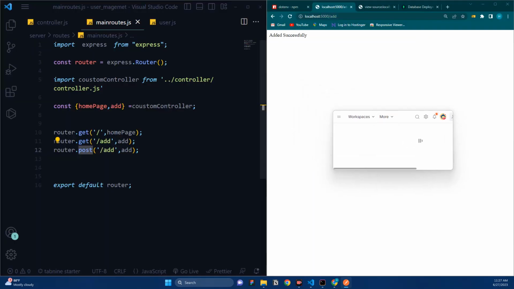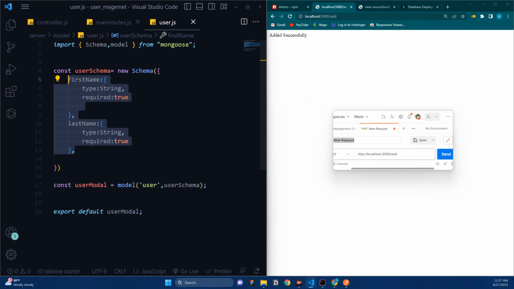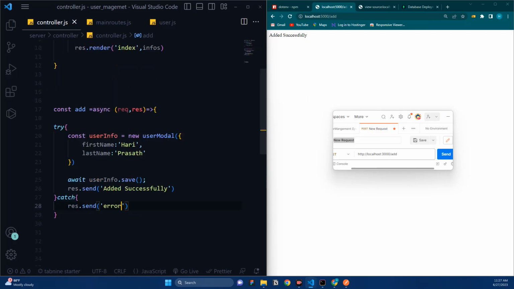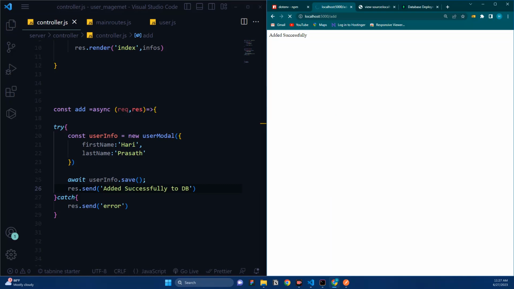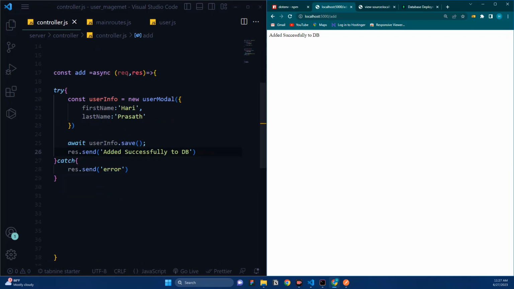To differentiate from the get route, I can say here added successfully to DB. That will be better, right? So it is a get route. Here you're not going to get anything because we haven't sent any default route. That's the thing. So I'm just going to say res dot send